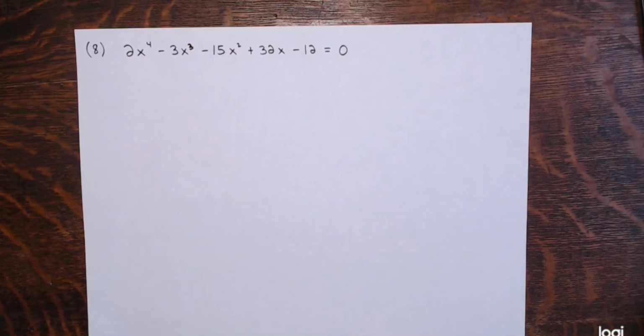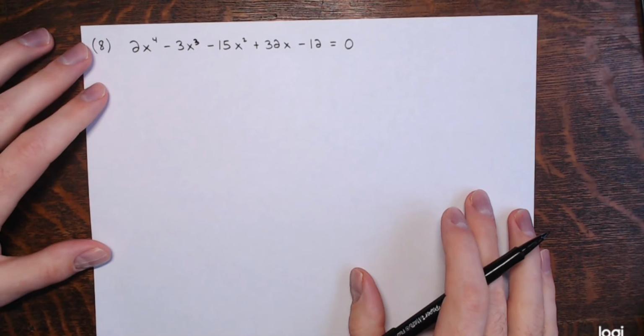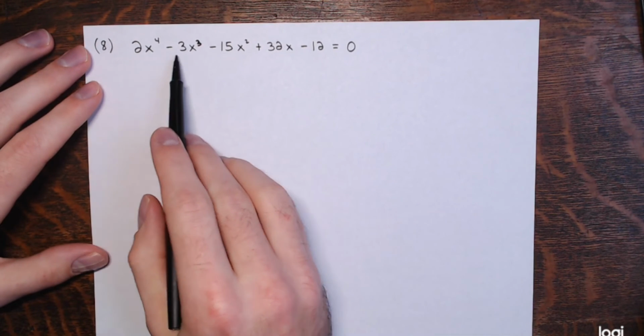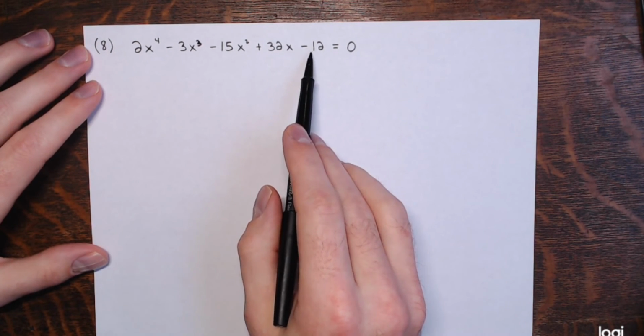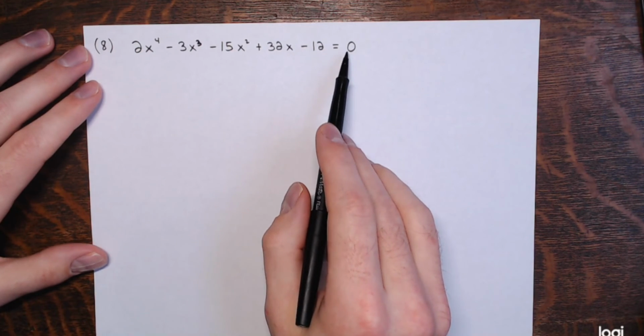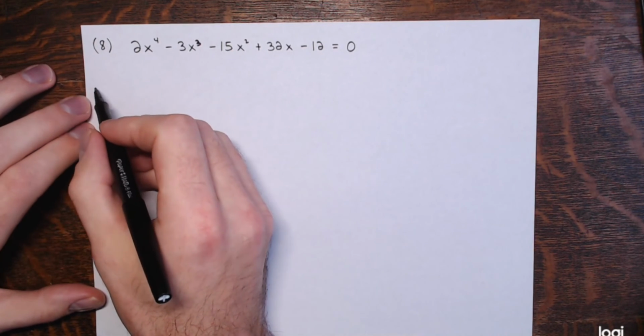All right, so I got another one here. That's a degree 4 polynomial. And once again, all the coefficients of it are integers. We're trying to find the zeros, right? Where is it equal to 0? So it's all the same. All right, so